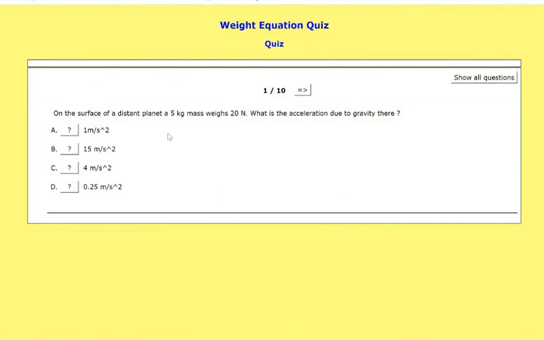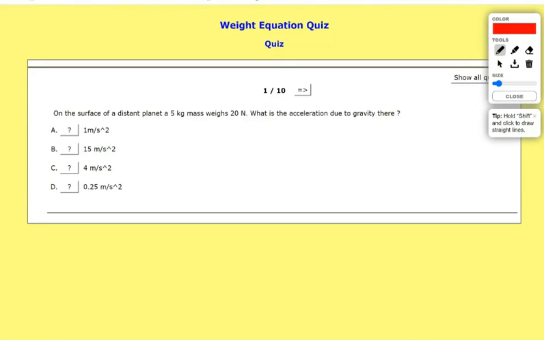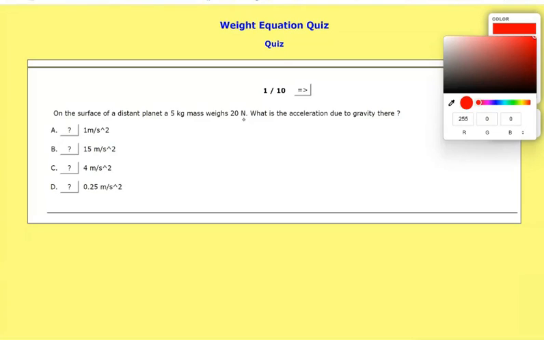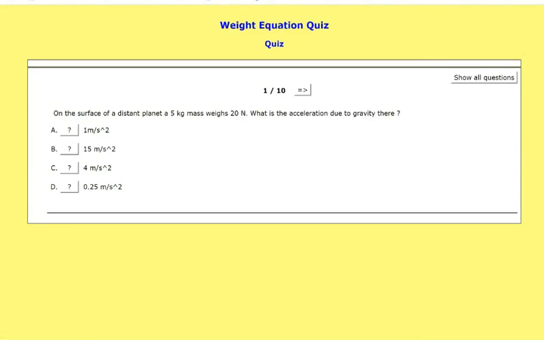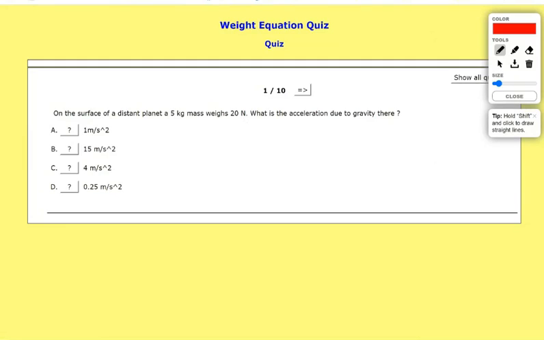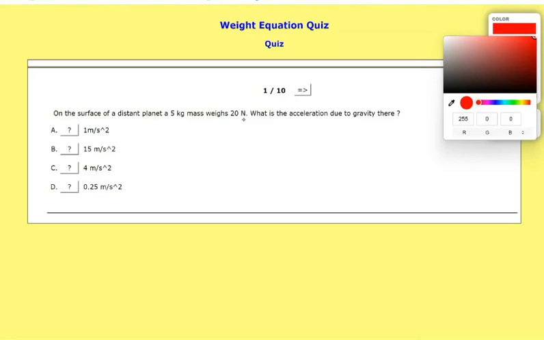All right, girls. So on the surface of a planet, this is m. This is weight because it's newtons. This looks like a question I think is on the test. Let me get my pen out here. Give me a second. Hold on. Can you see that? Someone turn on your mic and just let me know if you can see that writing. Yeah, we can. Great, great.